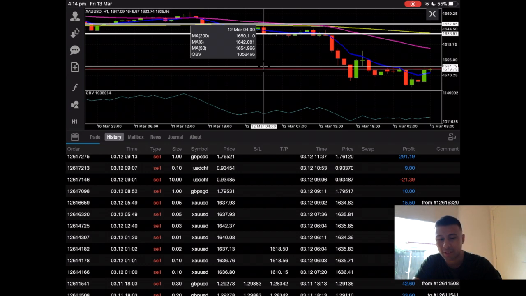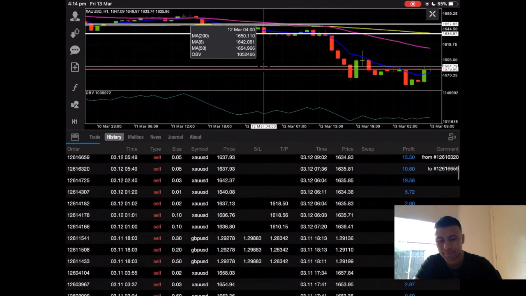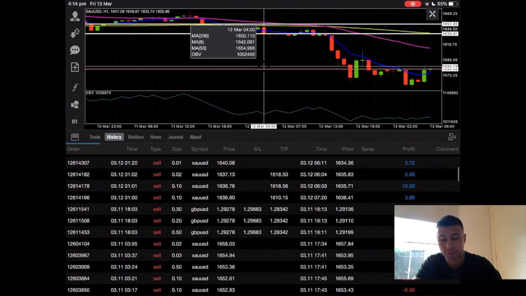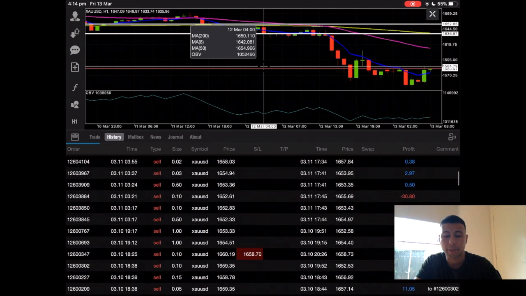There weren't many standard lot sizes. I did mini lot sizes because my account was pretty small. I started with 250. I had a massive loss of $132 there. That's when I got scared because I was negative $2,000. If I had just held it out, I would have been in profit, I would have tripled that. But I didn't trust my strategy, which is really silly of me. But yeah, anyway,